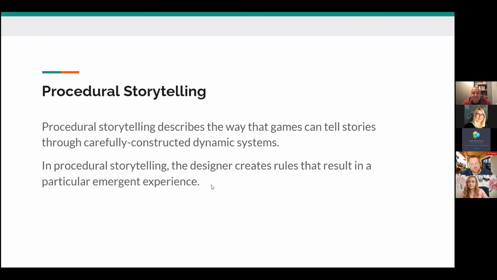So procedural storytelling describes the way that games can tell stories through carefully constructed dynamic systems, right? Games like Tetris, games like The Sims, these are procedural, not in the sense that, like Marcy talked about, roguelites have procedural level generation.